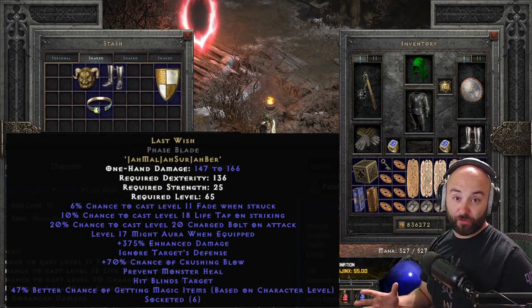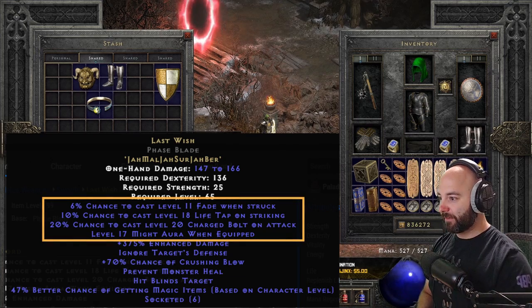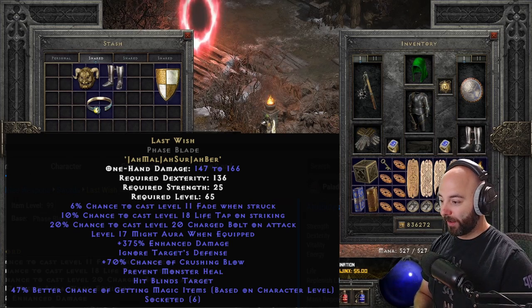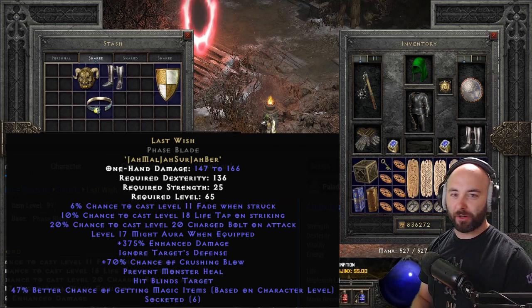Last Wish does so much for you. Last Wish will give you Fade. It'll give you Life Tap. It gives you Might Aura, which is nuts. So go for that if you can afford to get a Jah, Mal, Jasser, Jah, Bur, Christmas in July, whatever